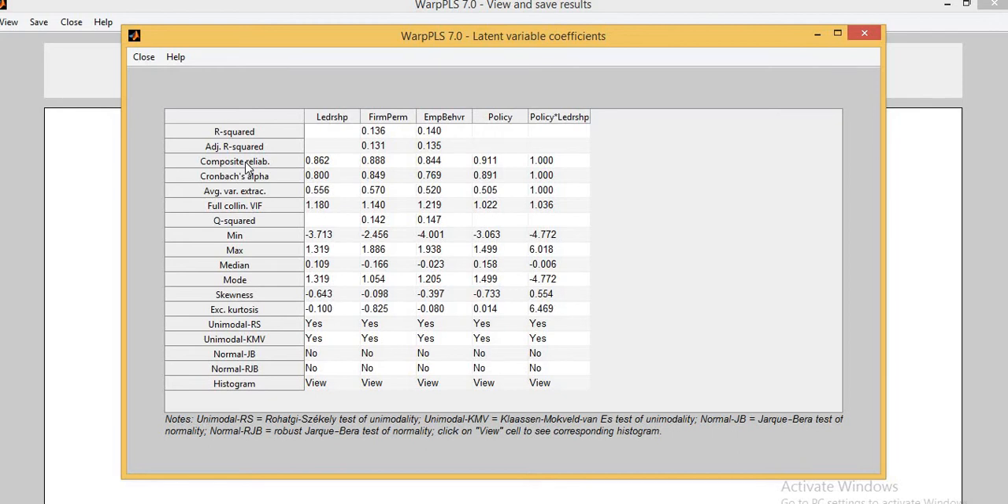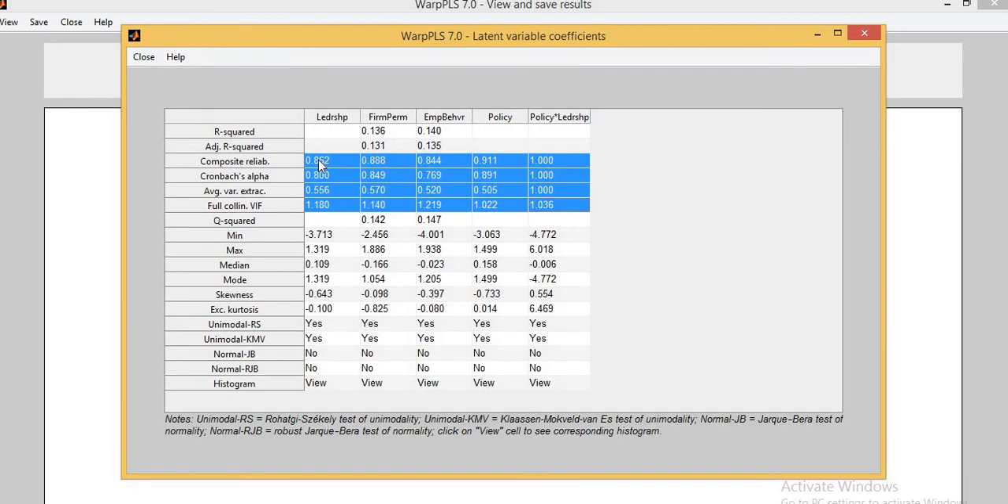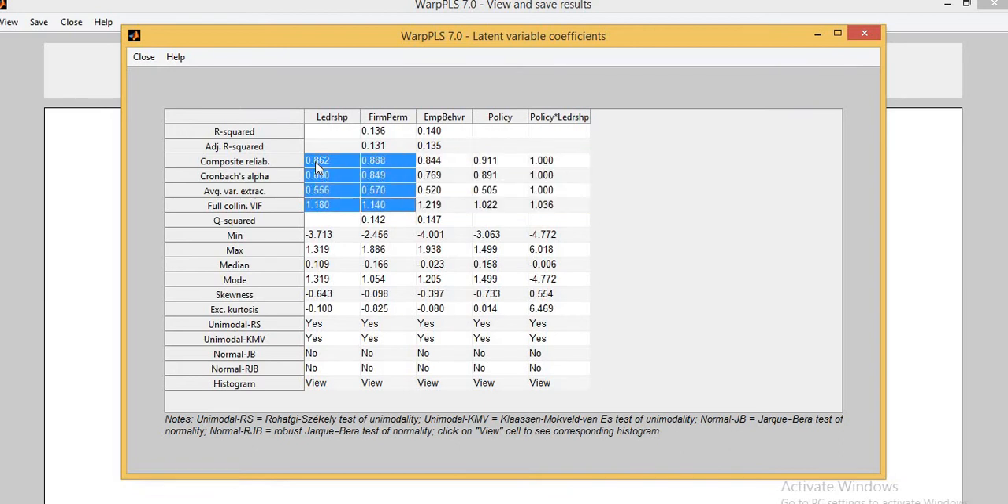Latent variable coefficients means the R square, adjusted R square, composite reliability, Cronbach alpha, average variance extracted, full collinearity VIF. In PLS software, you need to show these values, but in SPSS and AMOS or even in Process Macro by Hayes, you need to show some other values, extracted in some other ways. I am talking here about how to show the model fitness and how to conduct structural equation modeling by using PLS. So when you are using PLS, you need to show these values to confirm that